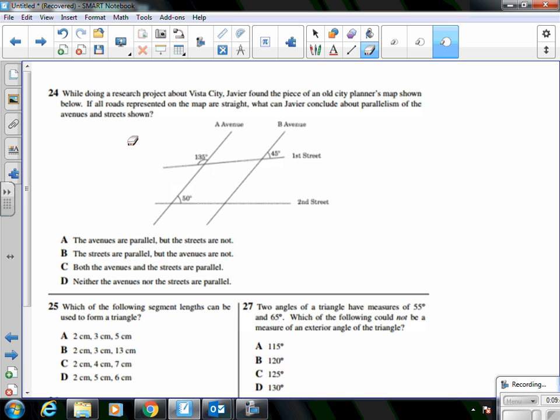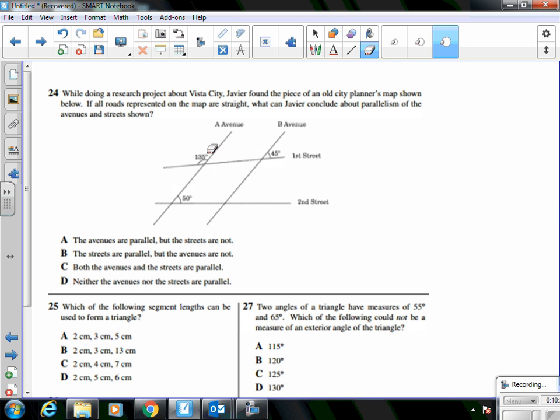All right, 24. While doing a research project about Vista City, Javier found the piece of an old city planner's map shown below. If all roads represented on the map are straight, what can Javier conclude about parallelism of the avenues and streets shown? So, if we look at the angles, trying to find if they're parallel or not. We're looking for those relationships with alternate interior, alternate exterior, consecutive interior, or corresponding angles. Which right now, none of the angles that we have fit into a relationship, but if we find their linear